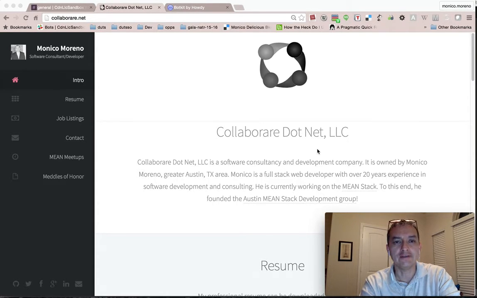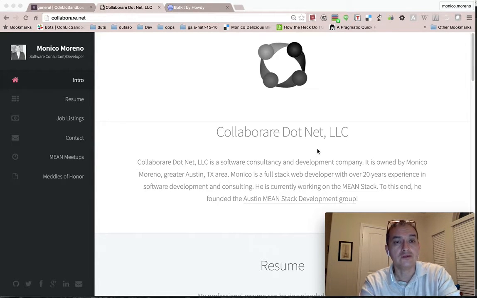using Howdy's Botkit SDK. Howdy happens to be a cool company here in the Austin, Texas area. I recently was talking to the founder and owner of Howdy. His name is Ben Brown, and he was telling me how awesome and how quickly you can develop a web bot for Slack using their Botkit SDK. It's pretty awesome. I just experimented with it last night, and I'm about to show you how you can do